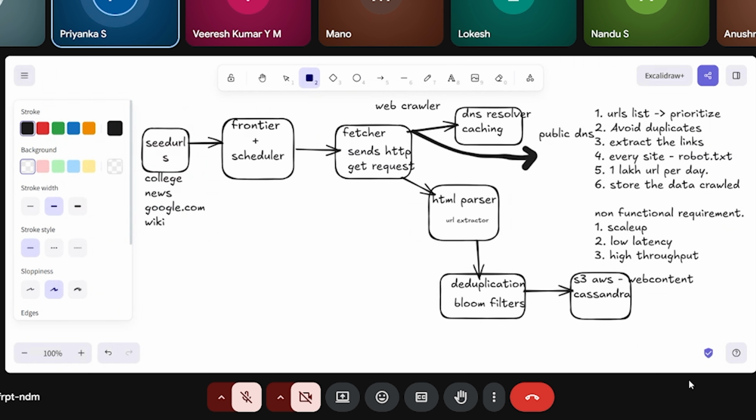And there is also something called politeness, where you have to limit requests, like only one request per 5 seconds, so that you don't overload the website. That will be taken care of by the fetch worker itself. If you see here, we have